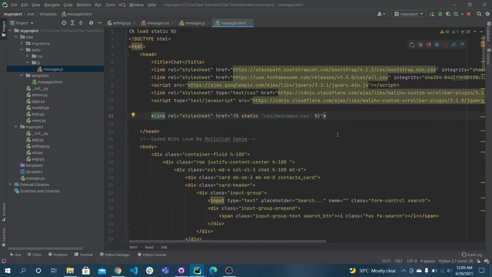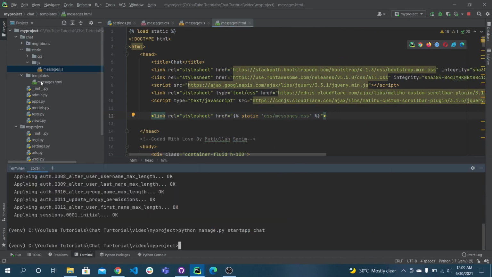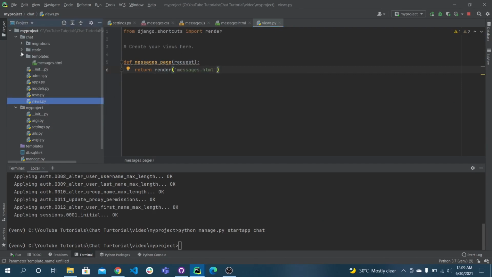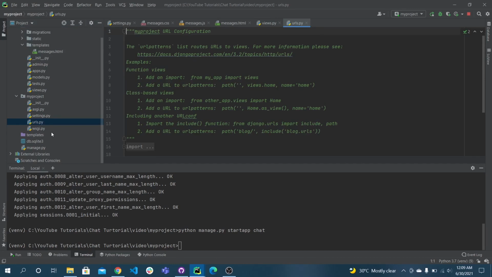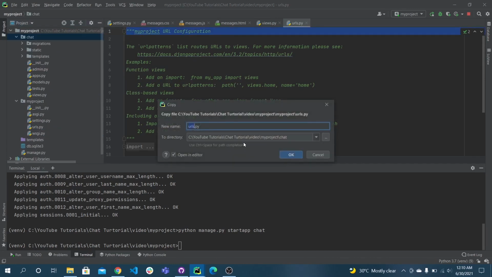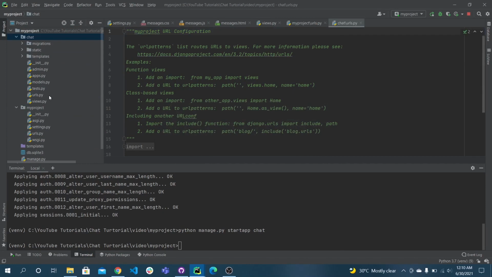Now the first step is to load our HTML page. I'm going here, just load the HTML page, return render. In the URLs, I have to create a urls page. I'll simply copy this, paste it here. Yeah, I need it.